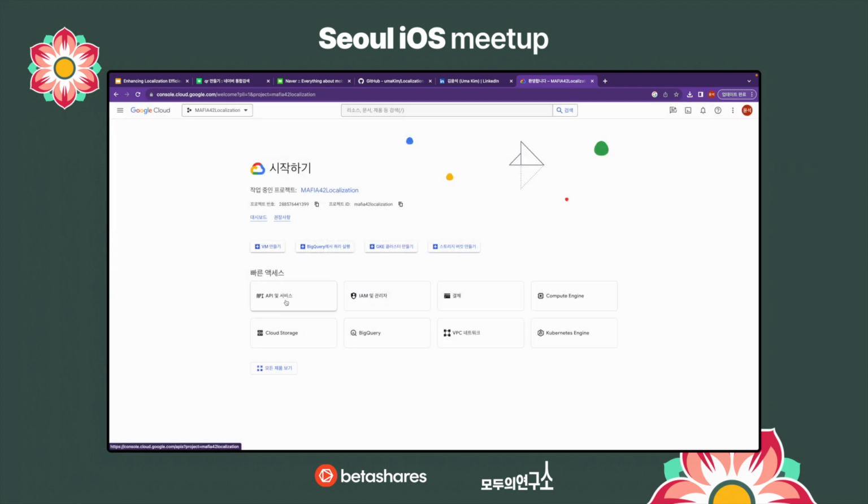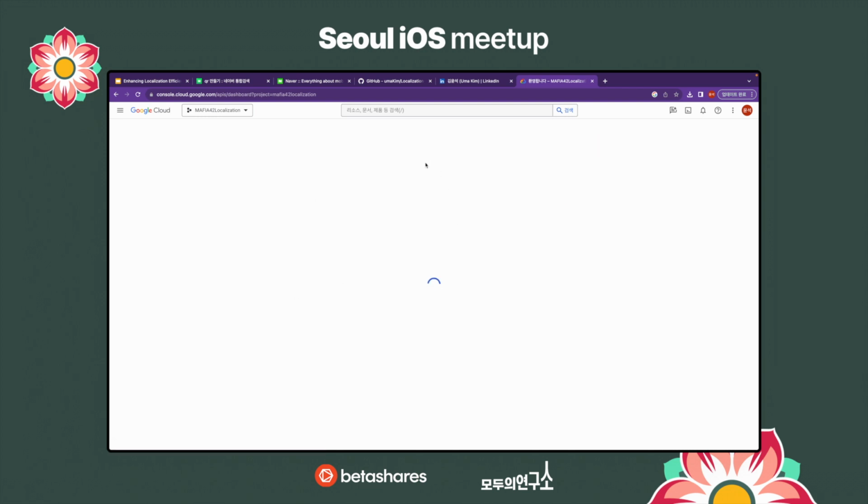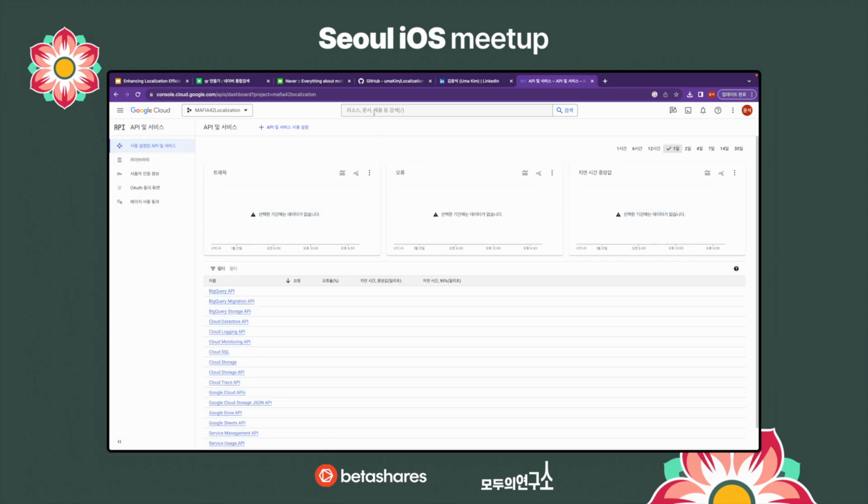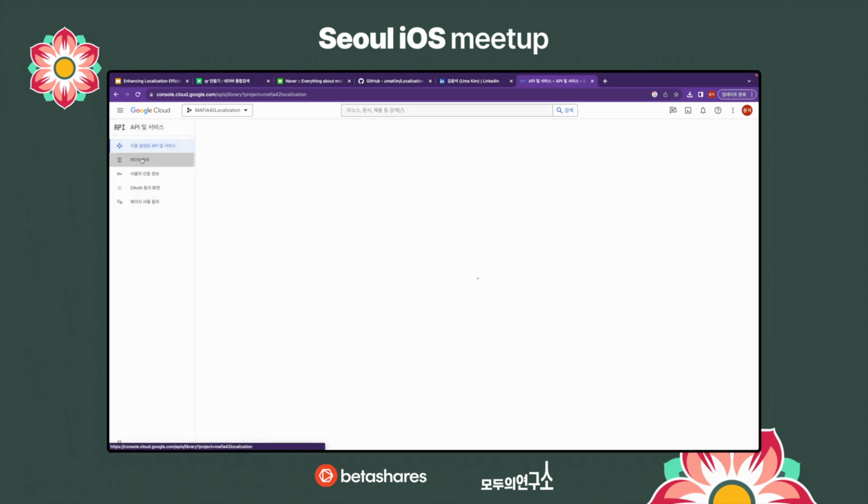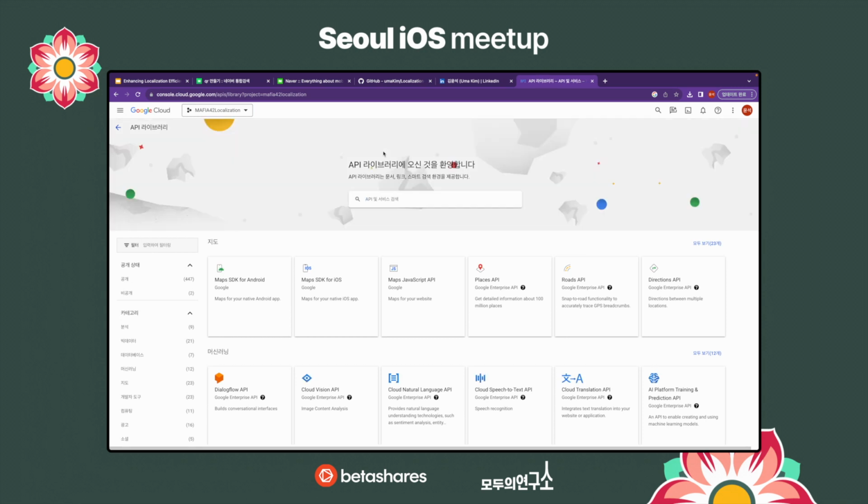From this API service, please click this, and you need to enable two APIs from here. First, you need to enable the Google Sheet API.